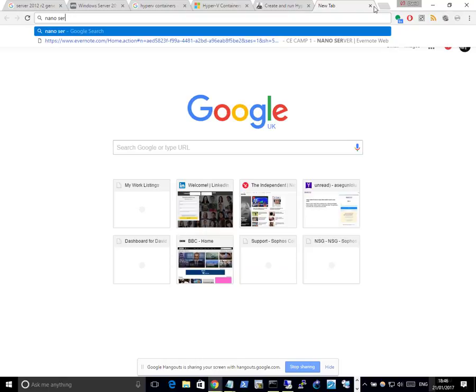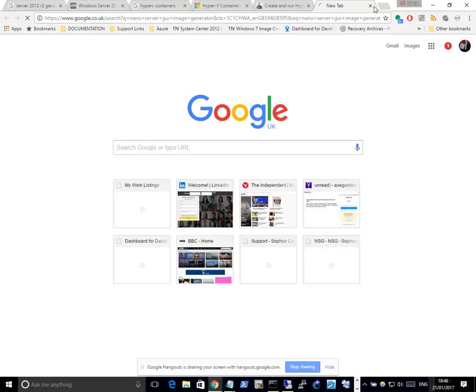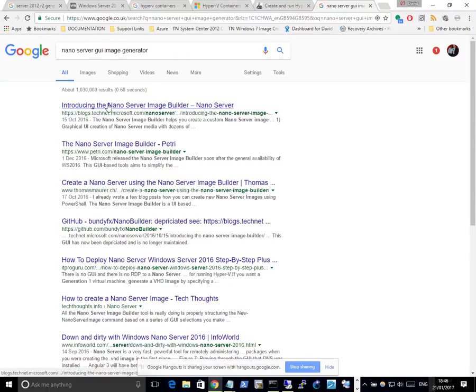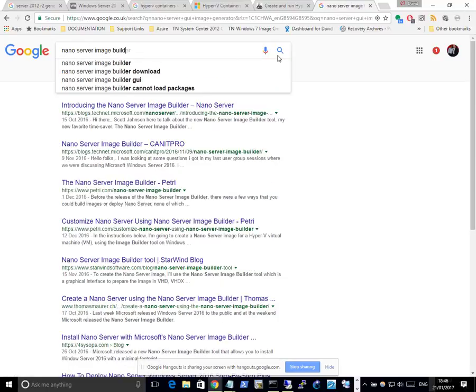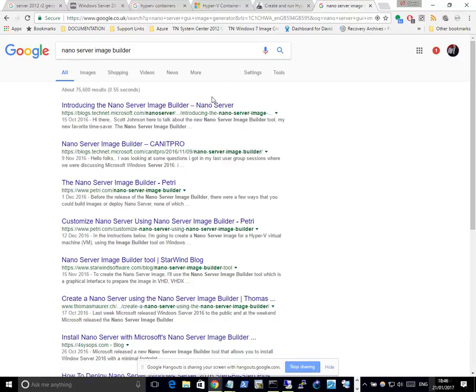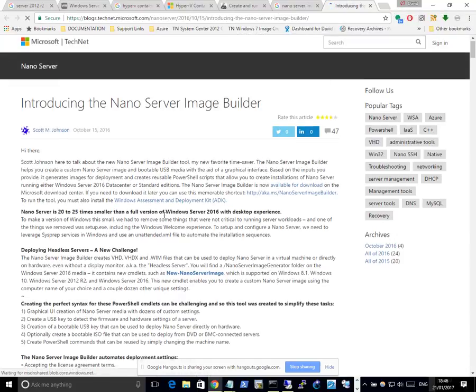Nano server. So all the things that we did were Nano there. It's called Nano Server Image Builder. That's what it's called. So all the things that we did via PowerShell, what they've done now is they've released this tool called Nano Server Image Builder, where you can download this, and rather than using PowerShell, you can